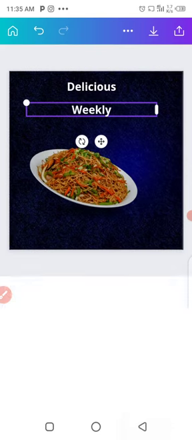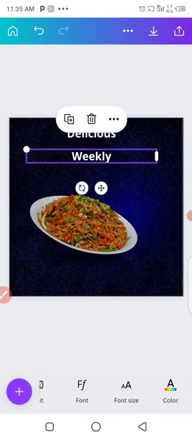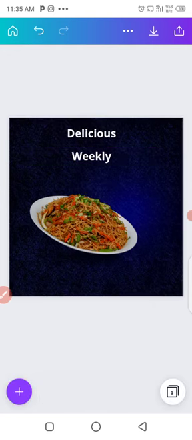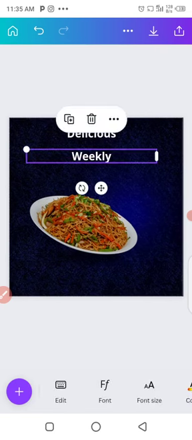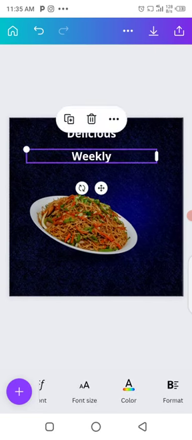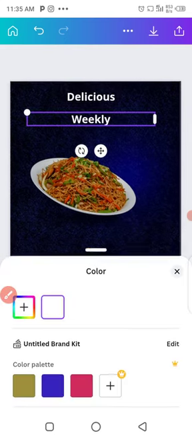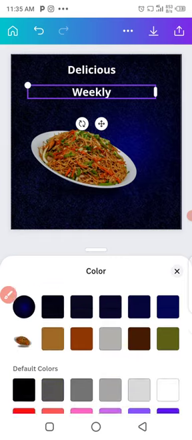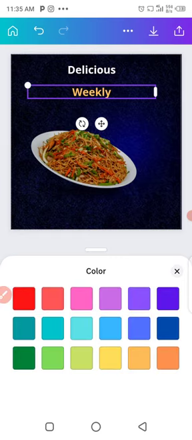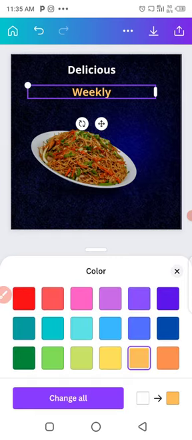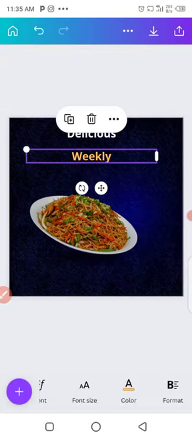So the next thing that I'm going to do now is let me go to color. Let me click on it. We'll click on this color here that we are seeing. Then you'll go and look for the color. So this is the color that I use for the design. This color. Okay. So after you click on the color, then what we'll do next is you will click